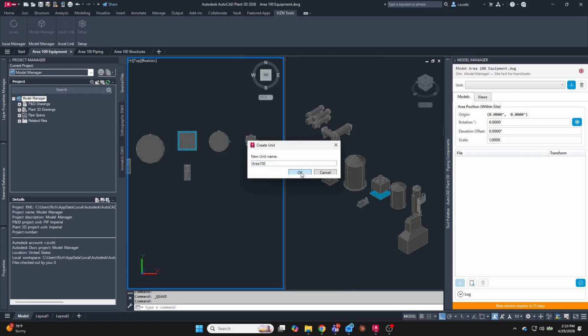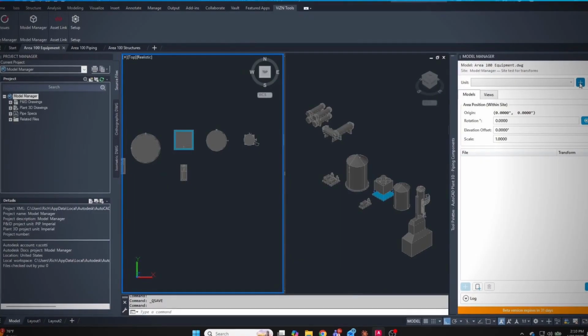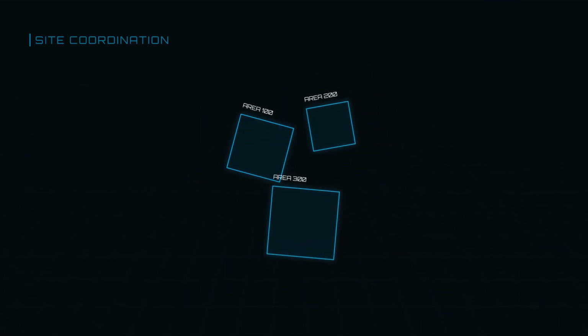Model Manager handles this automatically. Each area has its own area coordinate system, but can also store a transform to the site. To set up the transform, the user simply selects the origin and north direction of the site and the transform is defined. That provides a way that multiple areas can be referenced into the site with the correct location, direction,